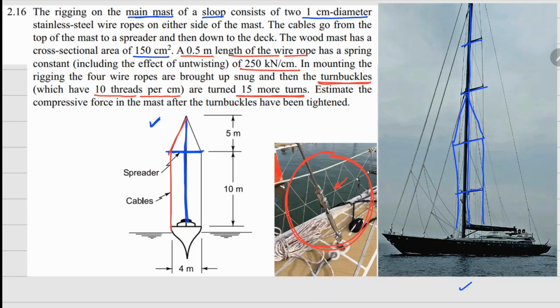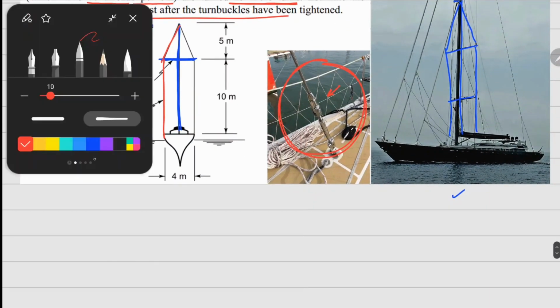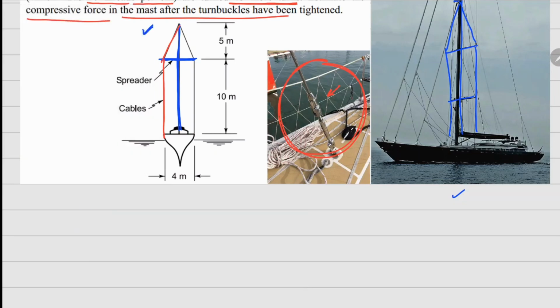What we need to figure out here is the compressive force in the mast, which is the wooden part here. So first let's analyze the forces and see if we can solve for the system. So let's put some names here. This one is A, this is B, this is C, and this one is D, and this one is E. So if you look at your member